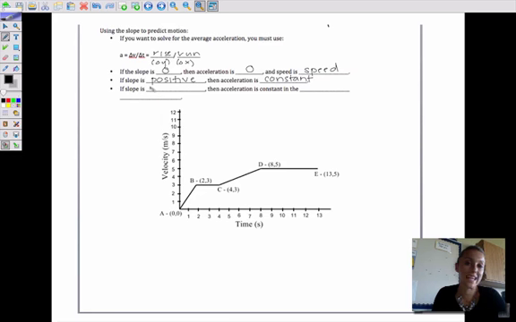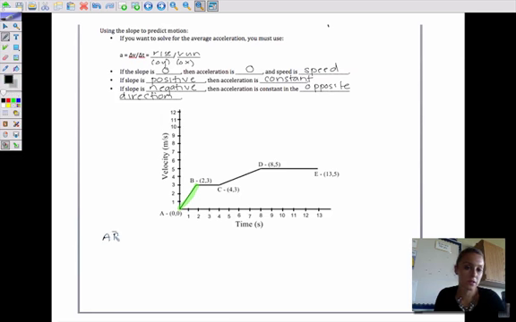If slope is negative, which means it's going to have a negative numerical answer, that means acceleration is going to be constant in the opposite direction. And again, you define what direction is positive, whether that's left, right, up, down, north, east, south, or west. So whatever you define as positive, the opposite is going to be negative. So just like we did for position versus time, we're going to use this particular graph to solve for the acceleration of the object. So from A to B,